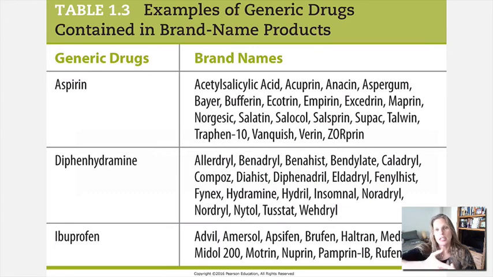The proprietary name, the brand name, the trade name, those are all the same, and those are going to be owned, if you will, property of, trademarked and named by the drug company, and that name is going to be unique